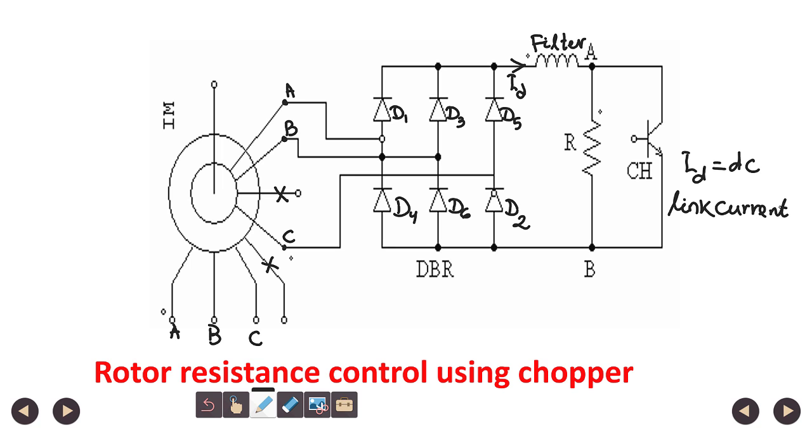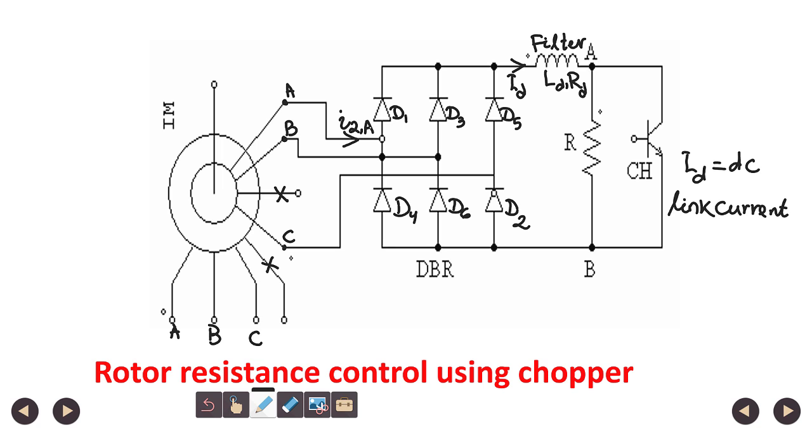And the filter has a high inductance L_d and maybe a small resistance R_d also may be there. And the rotor current is, let us say, I2A, current in phase A. This is the rotor current. So, in this static rotor resistance control scheme,